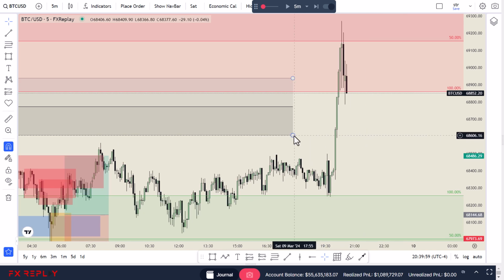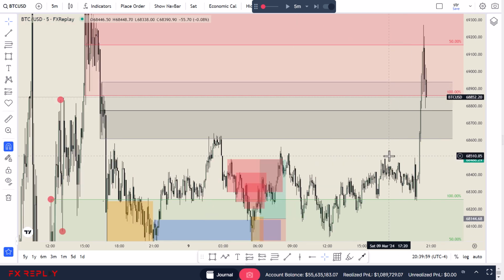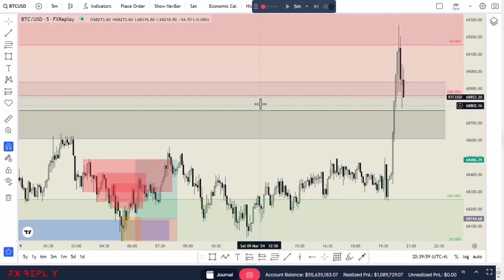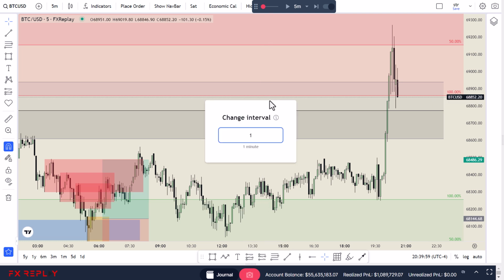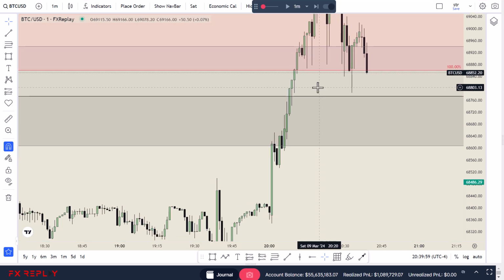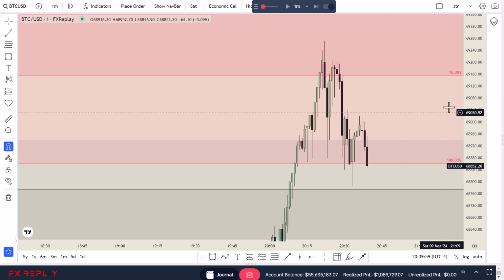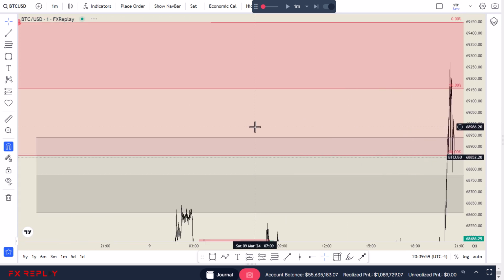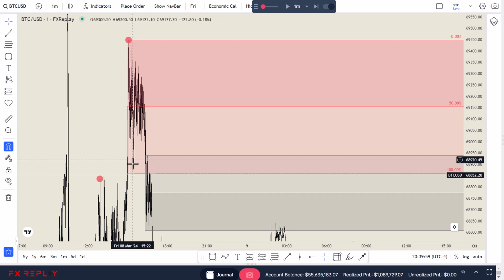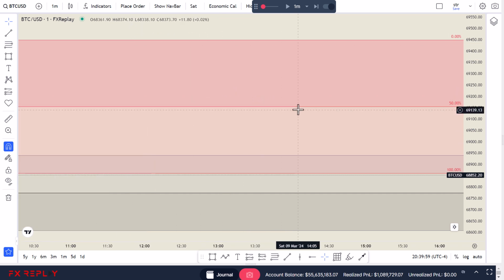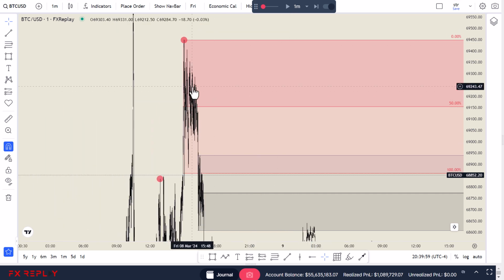So as you can see here, once price tapped into this zone, price offered absolutely no confirmation on the 1 minute. We don't have any kind of a candlestick structure, so this is not valid to trade from. But if you go to this area, which is that 5-minute candle that we have seen a flip on,